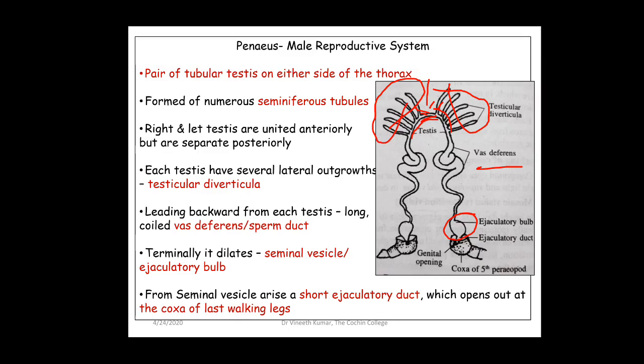The sperms which are produced in the testes move through the vas deferens and reach the ejaculatory bulb or the seminal vesicle. The secretions from the seminal vesicle glue the sperms together and they form sperm clusters called spermatophores. It is these spermatophores which are stored in the seminal vesicle until they are transferred to the female during mating. So now we are moving on to the